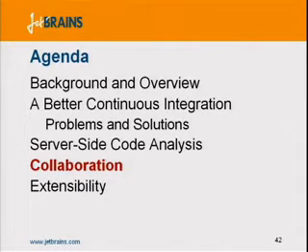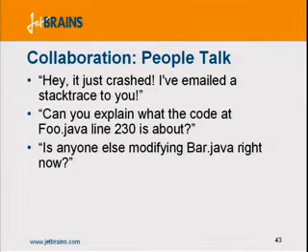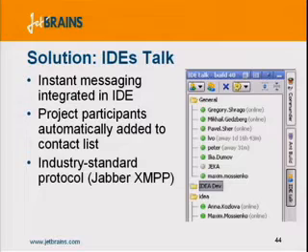So finally, a little bit about our collaboration support. There are many situations when, of course, talking by words is a very efficient way to communicate. It's the way that I'm using right now, so it must be not too bad. But there are some situations when the communication involves code. And right now, such ways to communicate are not at their top efficiency. So for example, can you explain what the code at Foo.java, line 230 is about? And the other person is trying to scribble down, what file, what line, sorry, could you say that again, please? And it's just not very efficient. So there are other utterances commonly heard in development rooms. And instead of that,